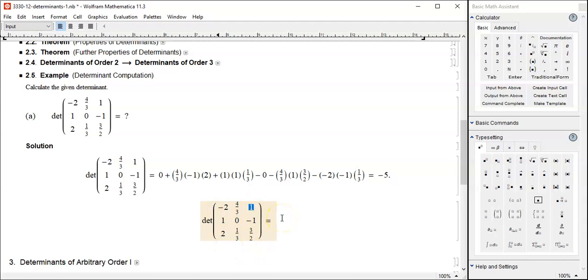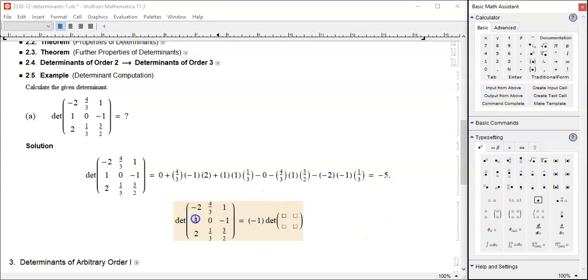You can do things like these, but I think it's better to do it from the second row because of the 0. I like 0. It makes the problem simpler. So let's begin with this. And we begin with plus here. So alternating sign. This is minus. So we have -1 and the determinant of,